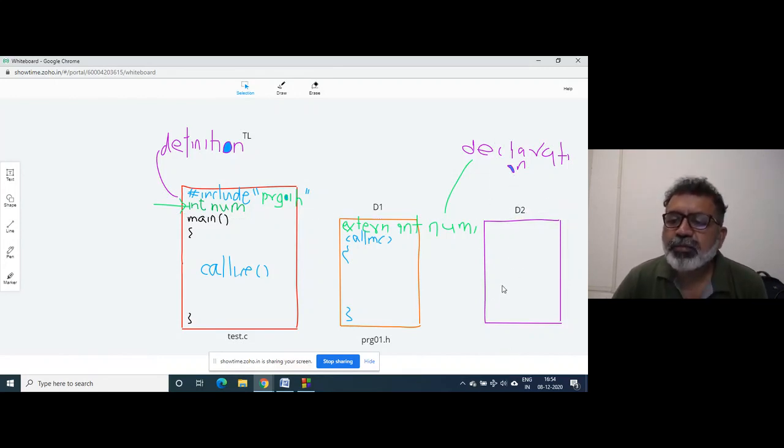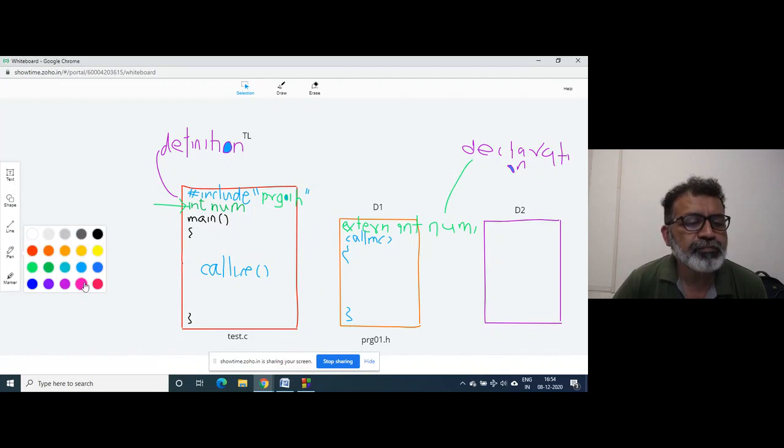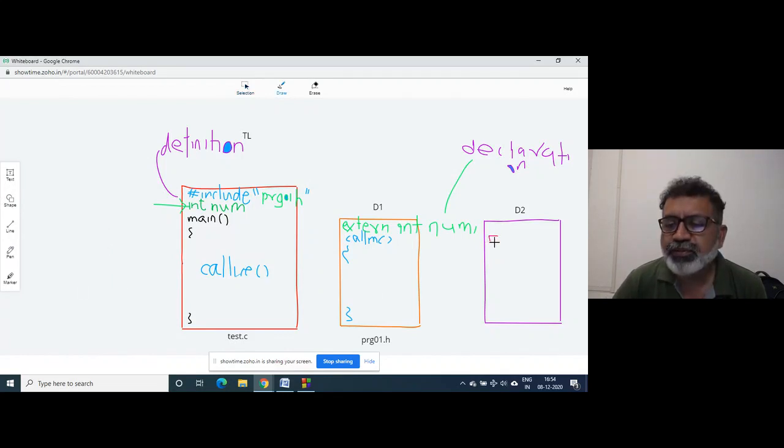Suppose he has written some function. Suppose the name of the function is check. It's easy. Just the name of the function.